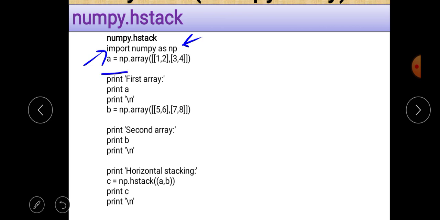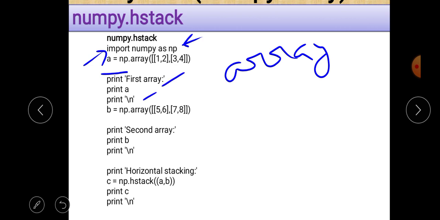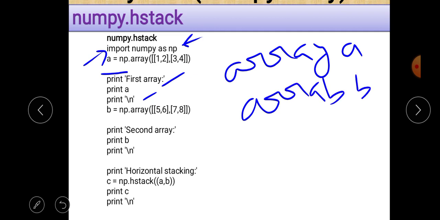Then in the second line, an array is created by using the array function. Then the array is printed, and then another array b is created here, then it is printed, and then